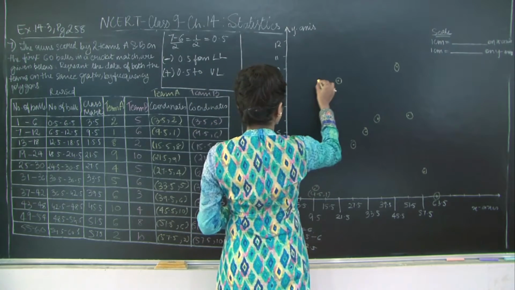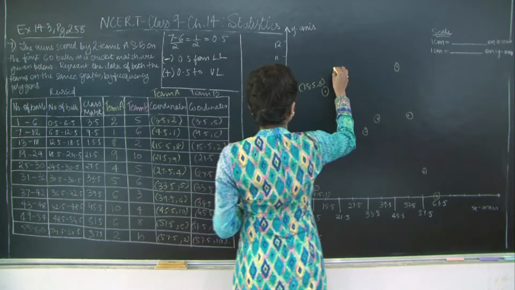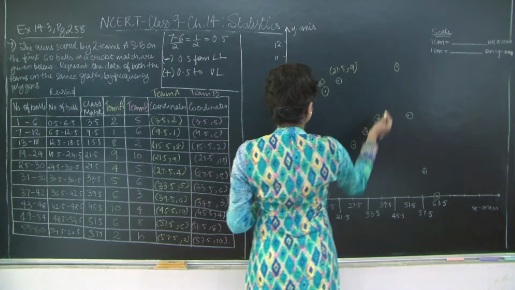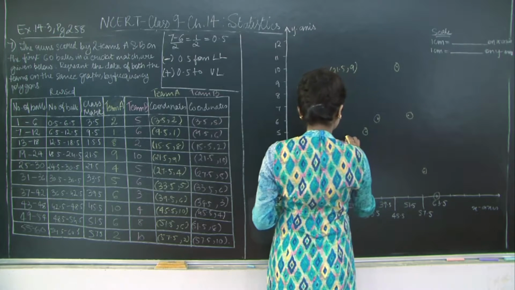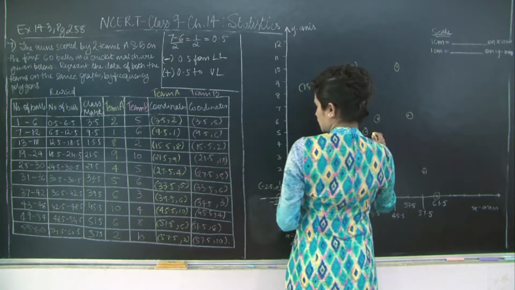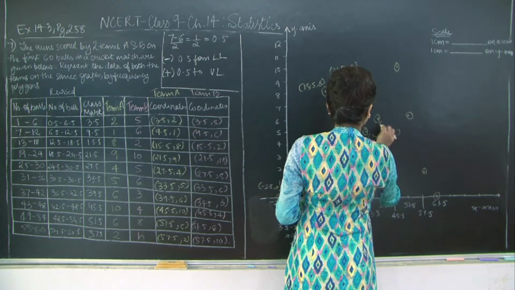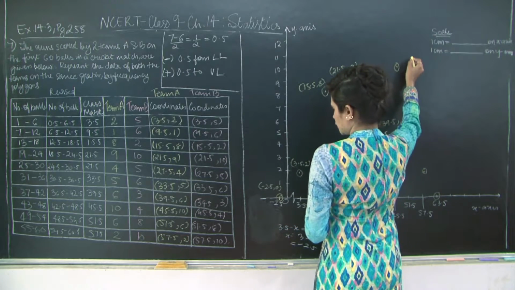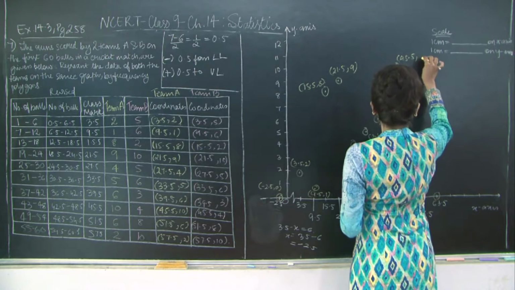Then there is 15.5 comma 8. Then 21.5 comma 9. Then there is 27.5 comma 4. Then 33.5 comma 5, then 39.5 comma 6, 45.5 comma 10,